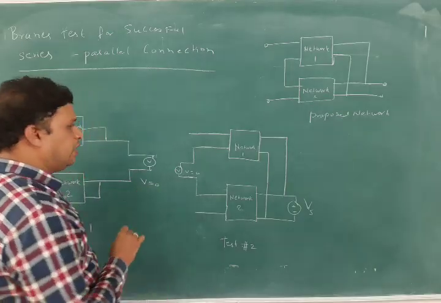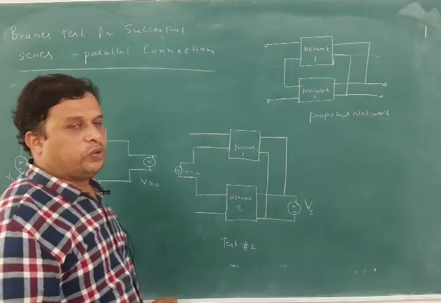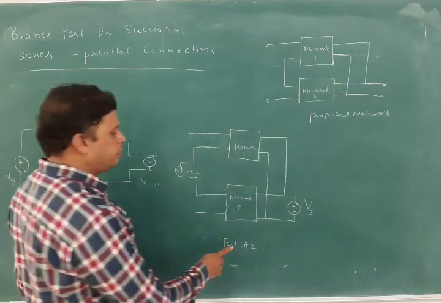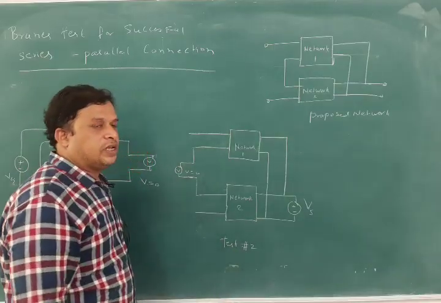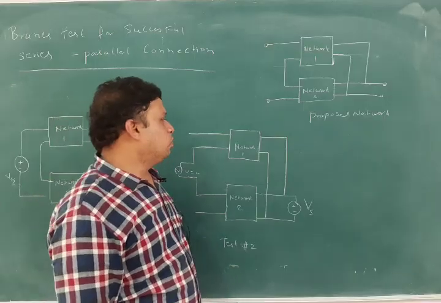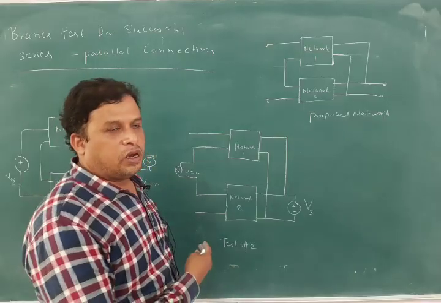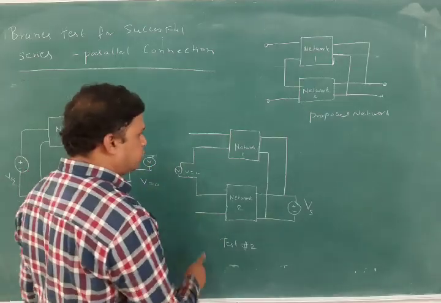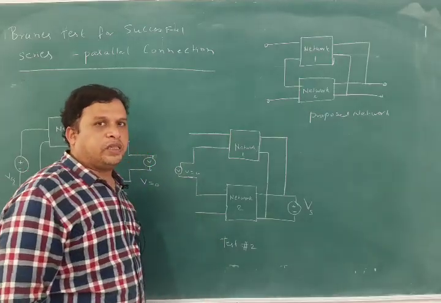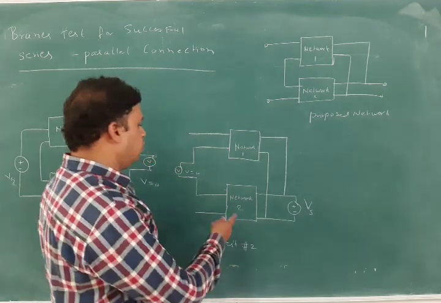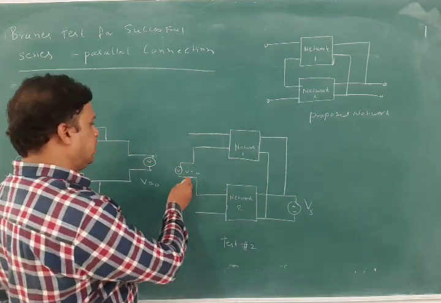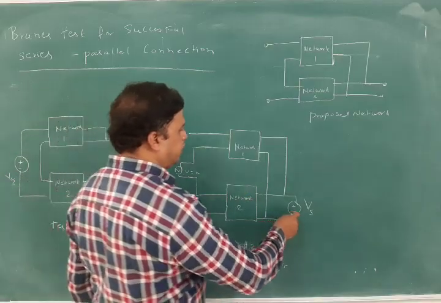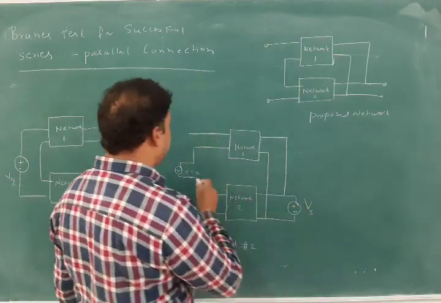If we don't get V equal to 0, then the test has failed. Not only the first test should be passed, the test 2 should also be passed. Only then will the Brune's test be satisfied; we pass the Brune's test when both test 1 and test 2 are cleared. If both are not cleared, then we cannot make the combination of the two port networks. In test 2, the voltmeter is measuring V equal to 0, and we apply the voltage on this output side. Then we measure the voltage here.